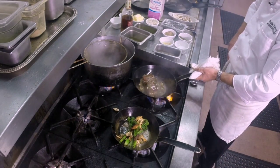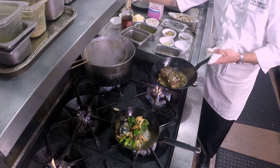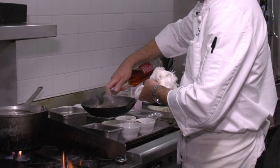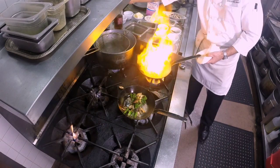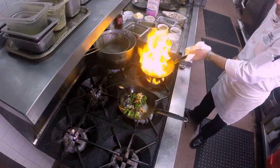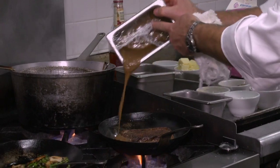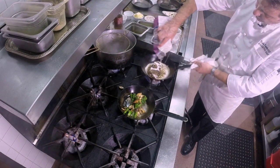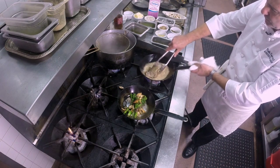Okay. I want to give this steak some brandy here. Okay. This brandy will flame up a little bit, so you have to be careful. I have a little bit of demi-glace that I'm going to add to this, and then I'm going to add some heavy cream. Okay, and then we're just going to let this simmer, and it'll basically reduce down